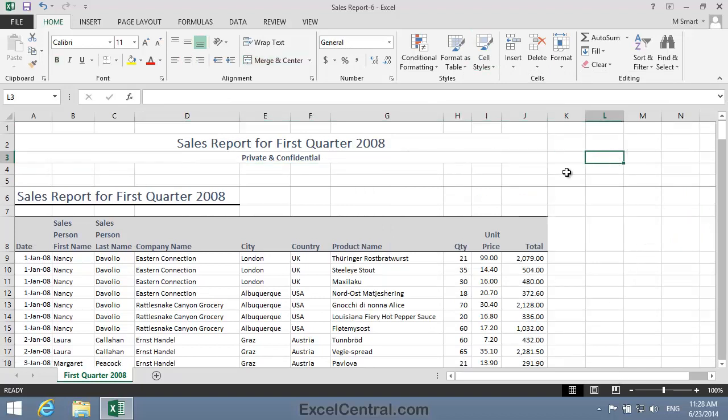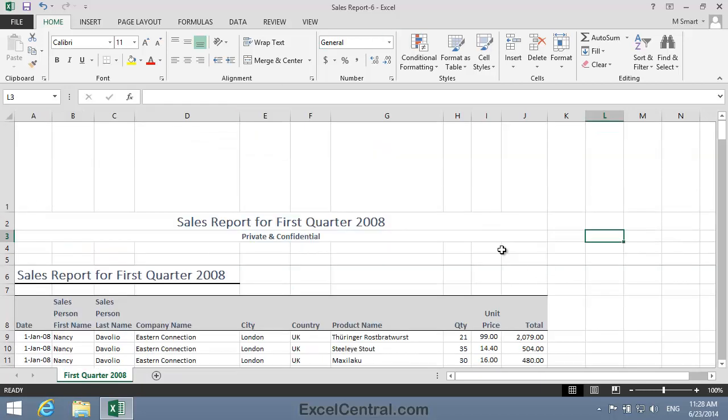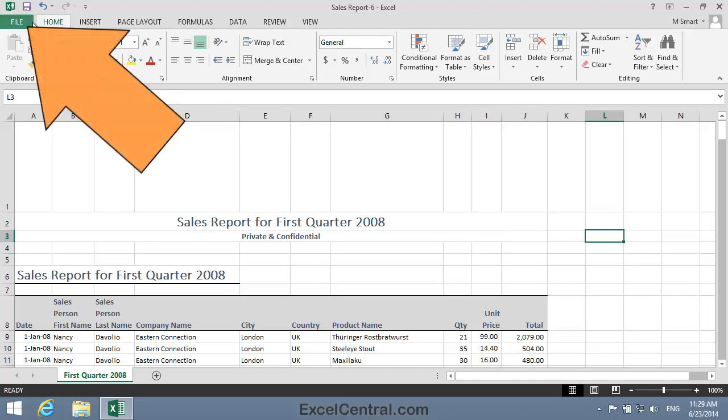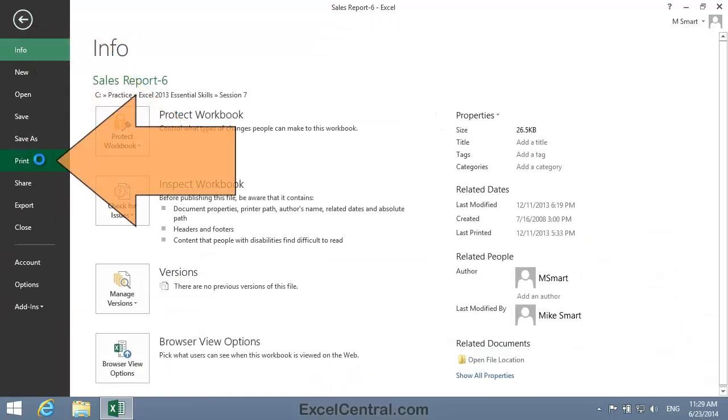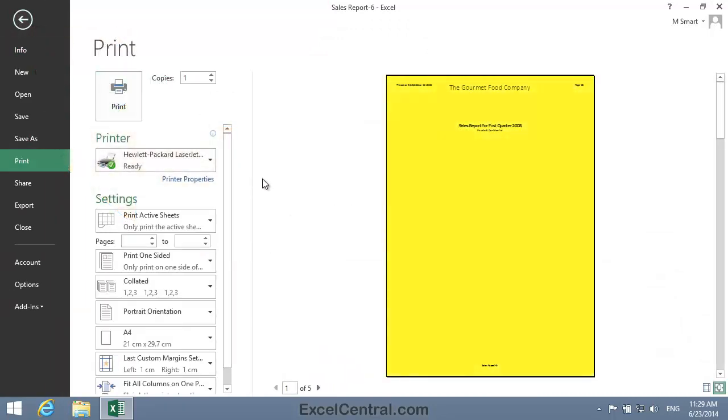Now let's think about how the cover page will appear. At the moment, the title will appear at the very top of the cover page, but perhaps I'd like it to appear further down the cover page, so I'll make row 1 a lot taller, and that will bring the title down the page. Let's now see how the cover page will look with a print preview. So I'll click File on the ribbon, Print on the left-hand bar, and I can see the preview in the right-hand page.